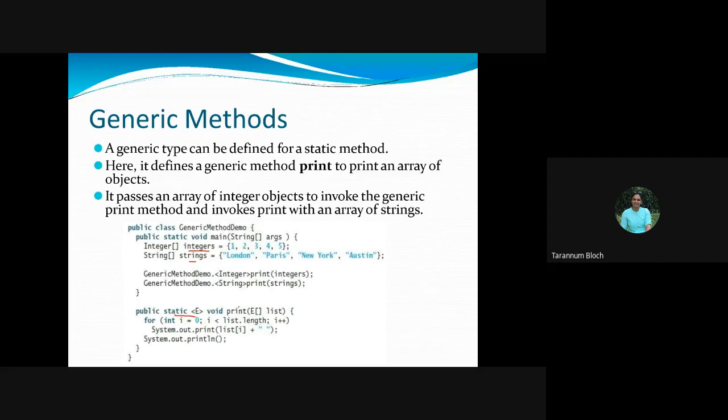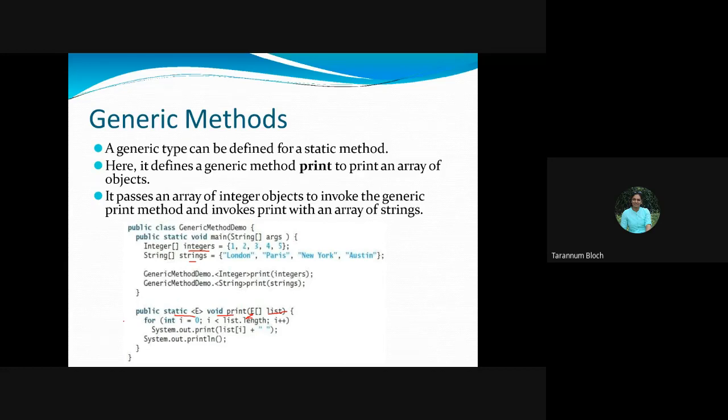And we are making it generic, with the triangular bracket E. We said void print, what does it take? It takes a general array. So it could be an integer array or a string array. It's treated as a list, right? We know that whether it's an integers array or a strings array, it starts with element 0 and we have to access it till length minus 1. Fine?